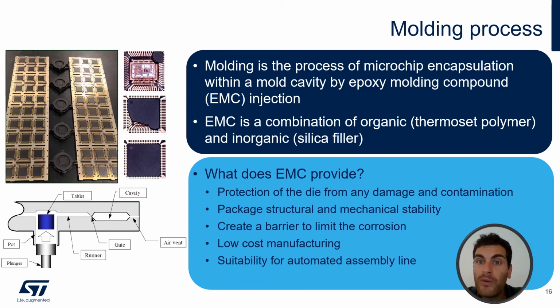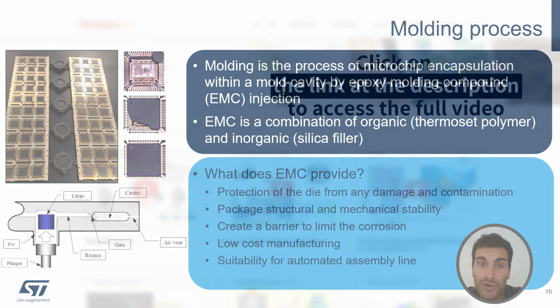Typically, molding compound is constituted of 90% silica filler, and the remaining 10% is a thermoset polymer. In this way, the molding compound provides structural and mechanical stability to the package assembly and protects the die from any damage, contamination, and